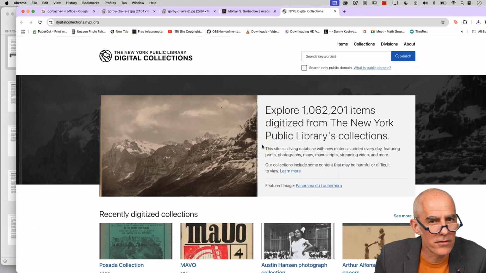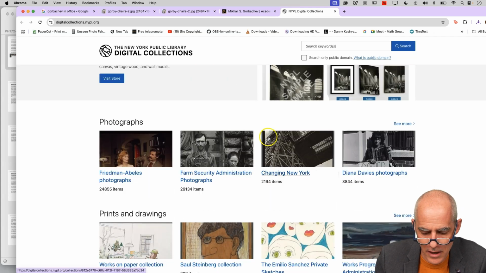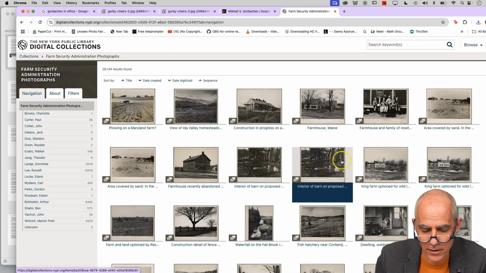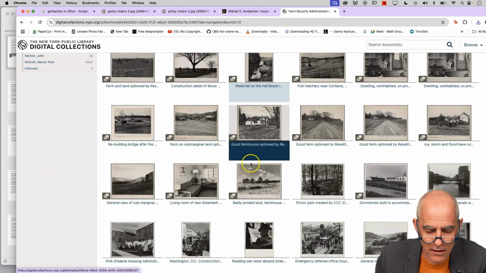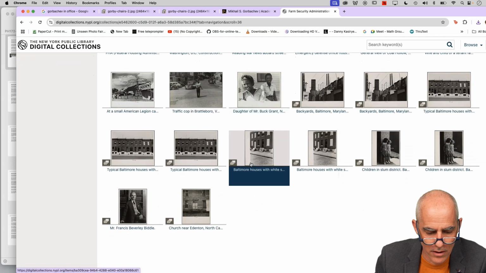A lot of it is digital. Not all of it is something you can download. I think part of that is them trying to be a little wary of AI. Some of it may be copyright stuff, but Farm Security Administration, right? Those are definitely public domain. I can click on that and I'll use them as an example